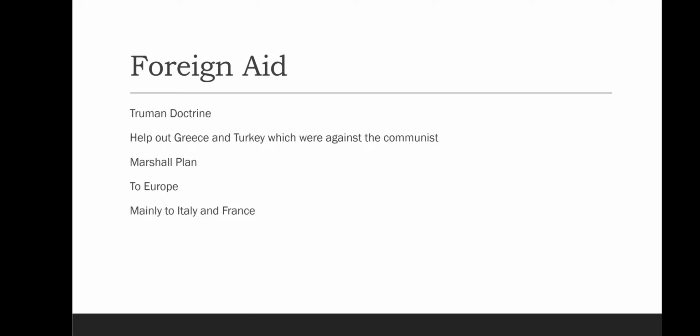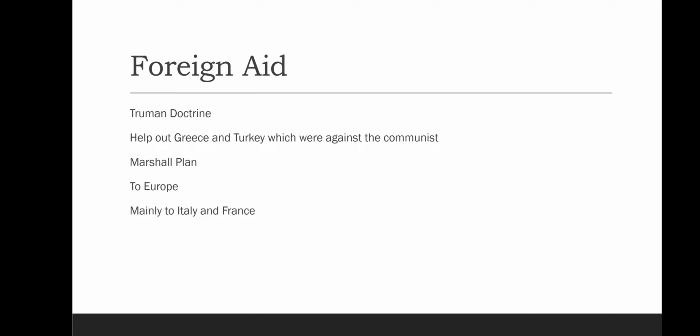Let's see another important element which America used, that was foreign aid. In foreign aid, first of all, America used the Truman Doctrine to help Greece and Turkey, which were fighting against communist Russia, the USSR. And then it introduced the Marshall Plan